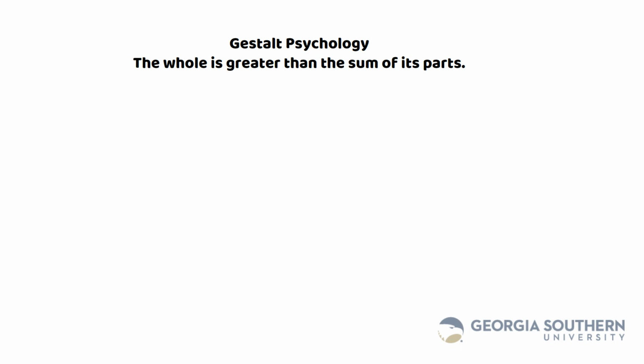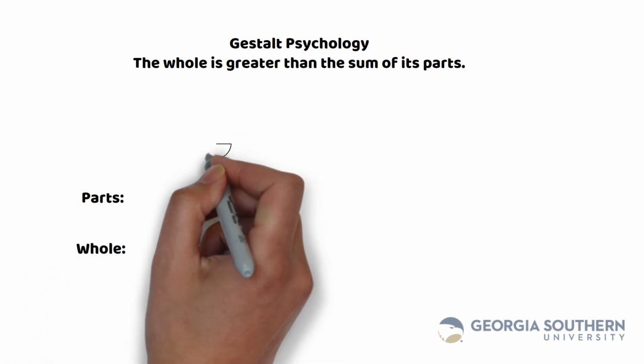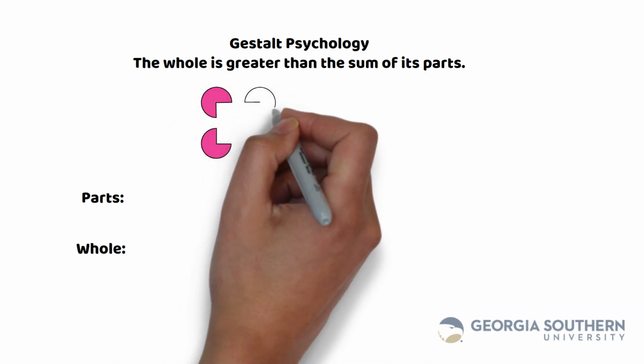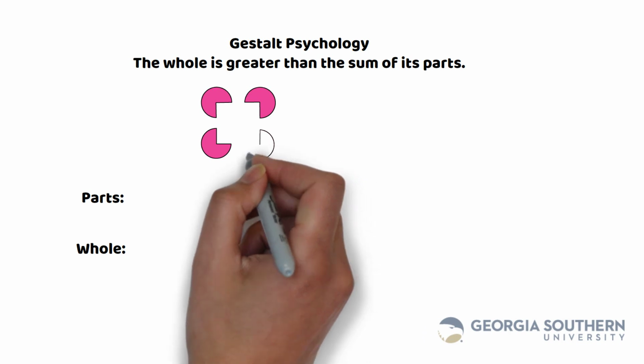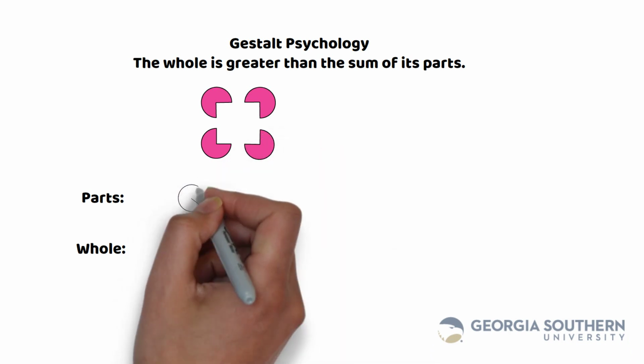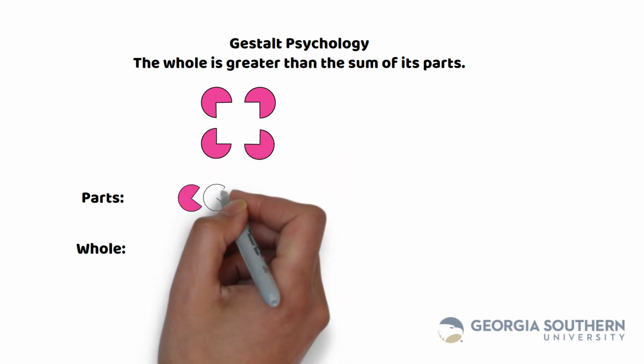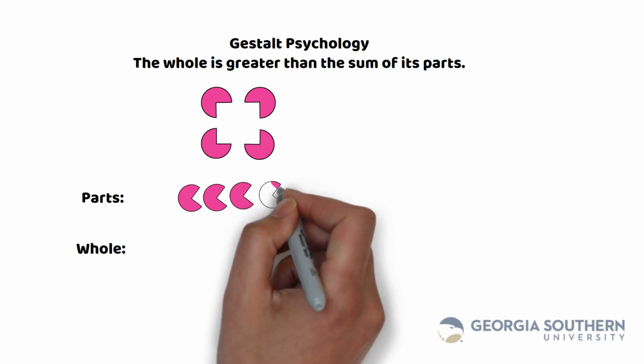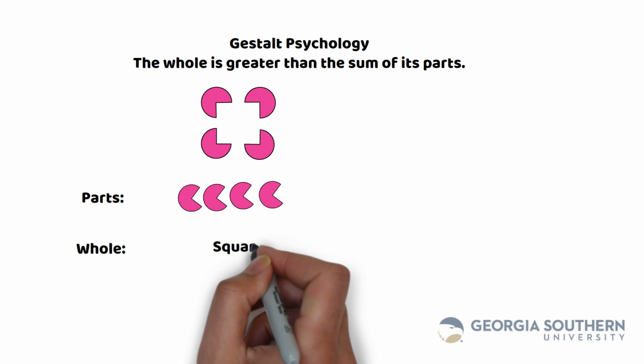What does this mean? We will use an analytical approach called parts and whole approach to analyze three pictures from Gestalten psychology. For each of the three pictures, we will study the relationship between the parts and the whole. In the first picture, there are four Pac-Men, which are the parts. When the Pac-Men are organized in a certain way, the whole, a square, emerges.